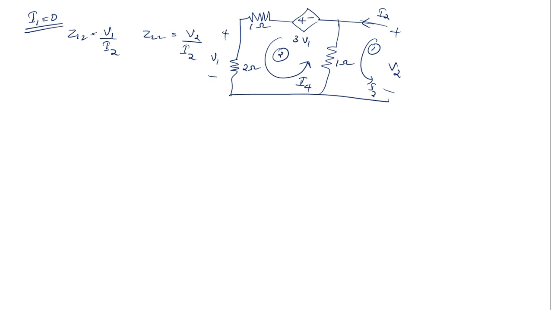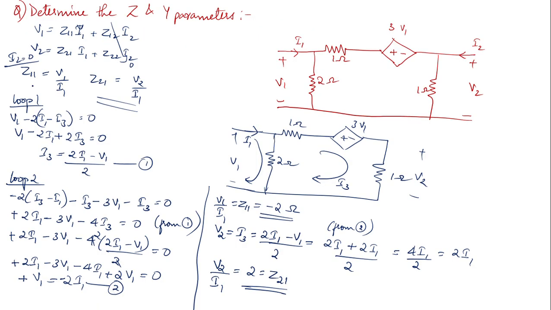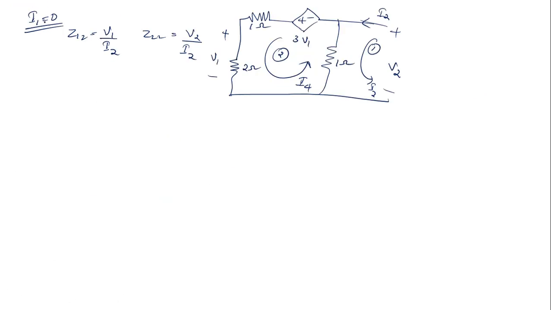Now, one thing that you have to note is that whatever you got in the first mode, that is when you took I2 equal to 0, you might have got some equations, equation 1 and equation 2. You cannot use these equations when I1 is equal to 0. You should not substitute from the previous mode. Whatever equations you got in the previous mode, you cannot use over here. You have to use the equations which you get over here only. That is a mistake which everyone commonly makes. So you have to write the loop equations again and do it from the beginning.